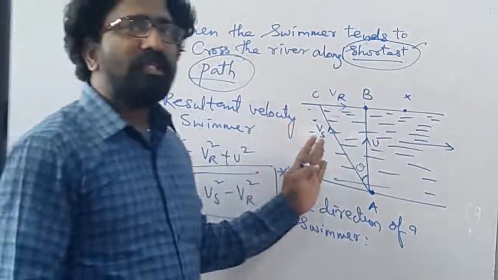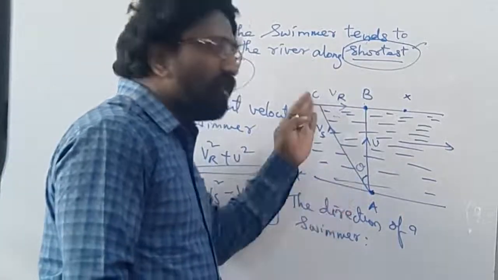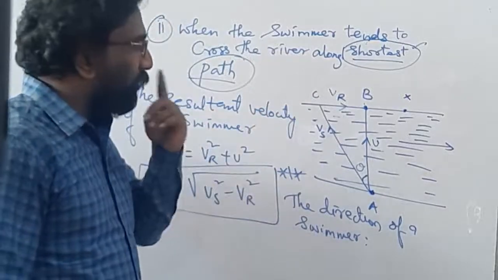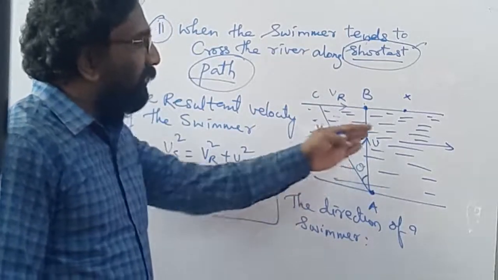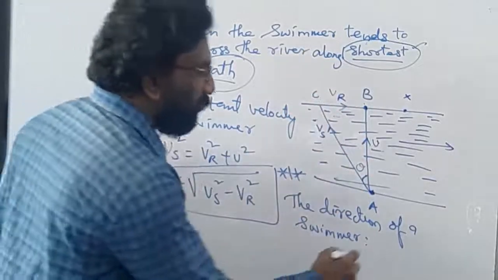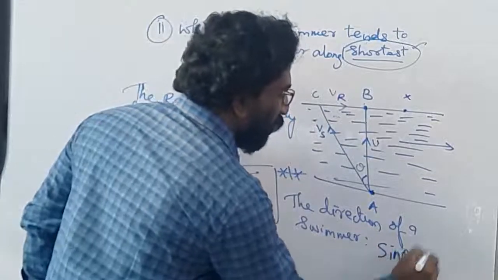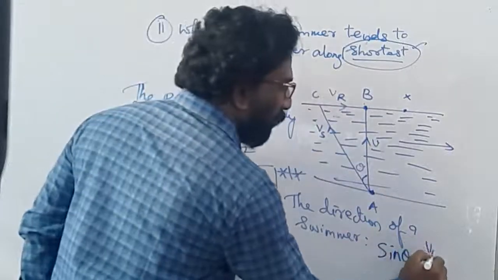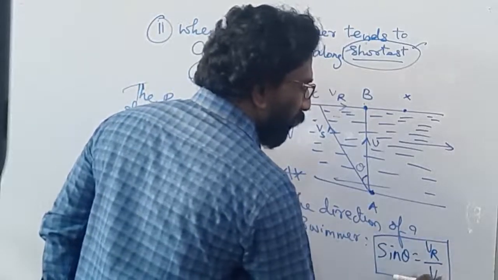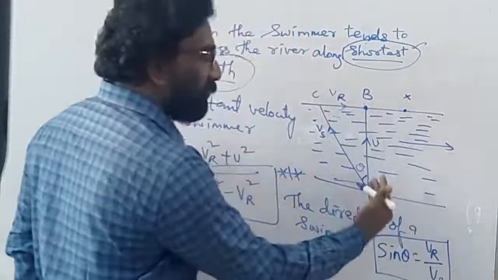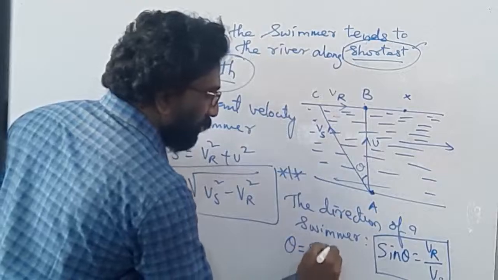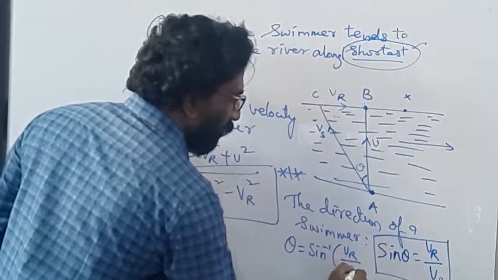So known values means you can see here, this is the opposite side and this is the adjacent side of a particular figure. So as per the trigonometric functions, I can apply that. This is an unknown value, but only from the known values I can calculate the angle. So it will be sine theta. Sine theta is equal to opposite over adjacent. So the formula will be VR over Vs. VR over Vs will be your formula in order to calculate the direction in which he has to travel from here to here. So this implies theta is equal to sine inverse of VR over Vs.